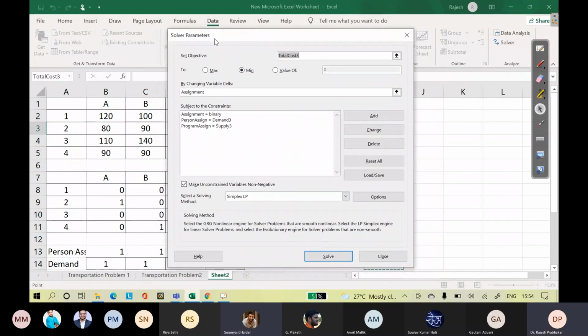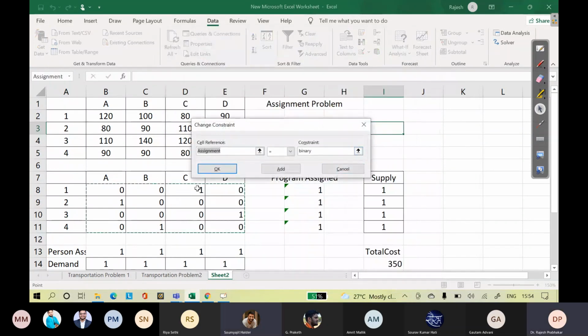See, first type assignment and the cell reference, and then select the bin. Once you select the bin, it automatically puts the constraint as binary. And sir, which cell did you rename as assignment?